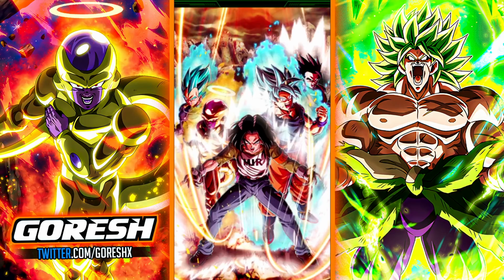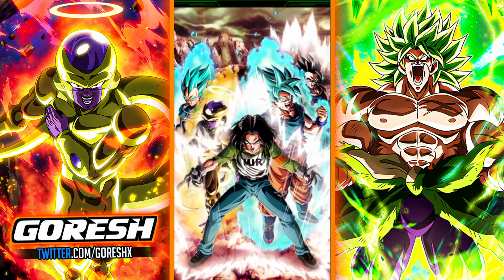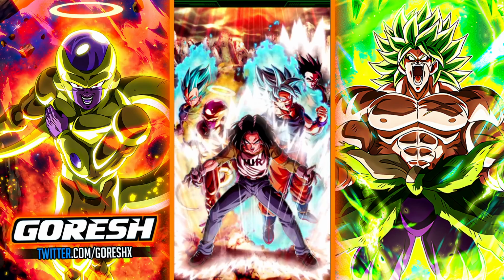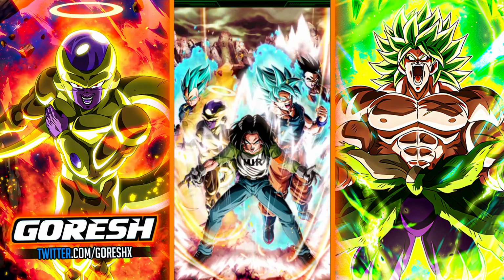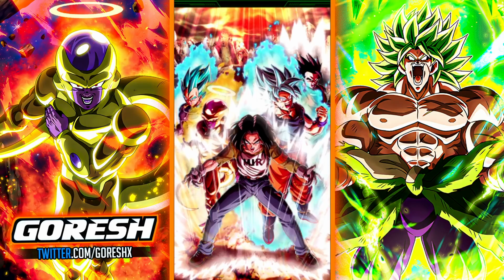Hey guys, so today we're taking a look at the LR Universe 7 and Android 17 unit at 55%. The reason this video is a little bit delayed is because I really wanted to wait until we got the EZAs for the free-to-play Master Roshi and Tien, as well as the physical UI Goku. I think the Master Roshi and Tien specifically are mega important for the builds that I want to run